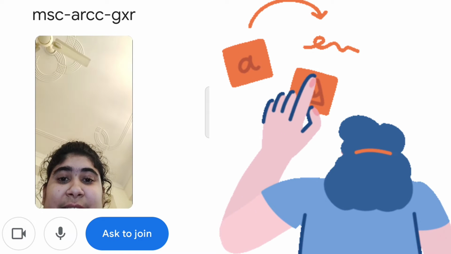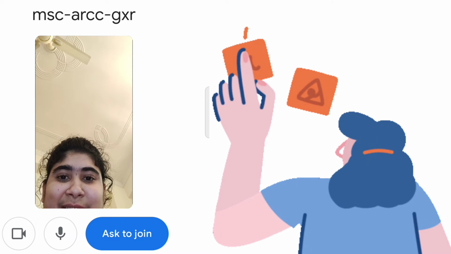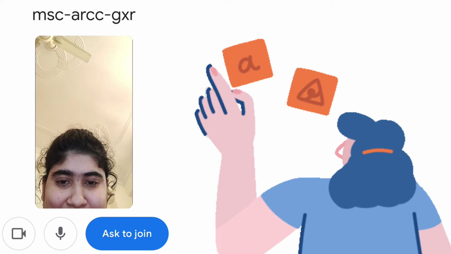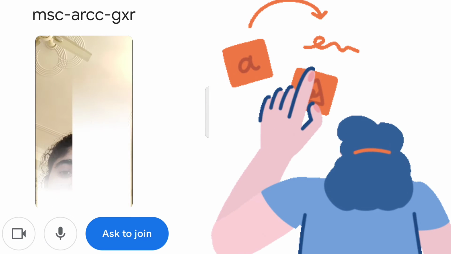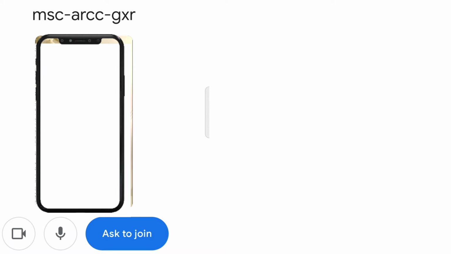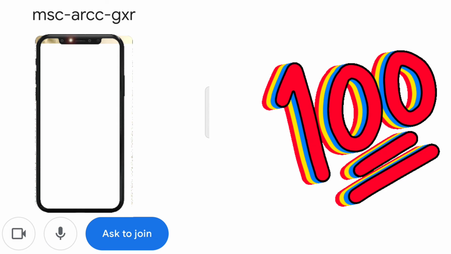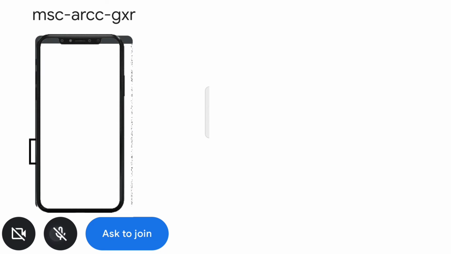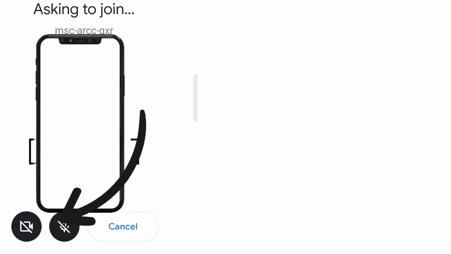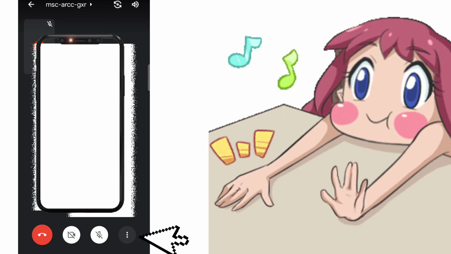I'll wait for a few seconds and select the ID which I want to join the session with. Here it will ask us to turn on the camera if you are comfortable with that. Also, you can mute your mic as per your convenience. I'll go with turning off the camera and we'll click on ask to join. Wait here for a few seconds until the owner of this meeting allows it. Now I successfully got the entry here.